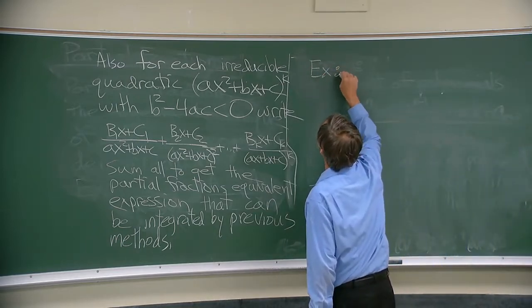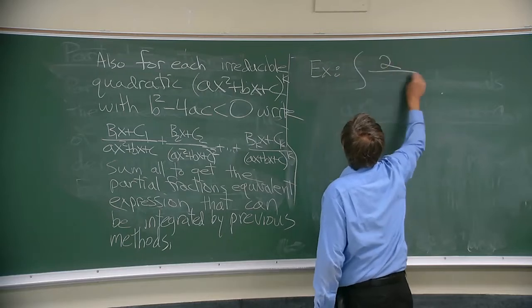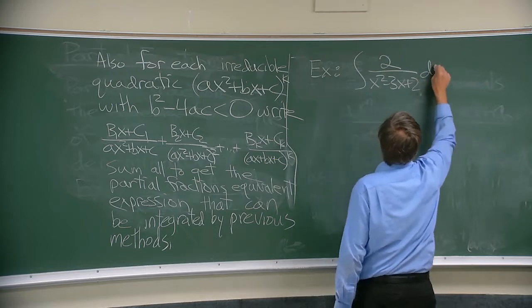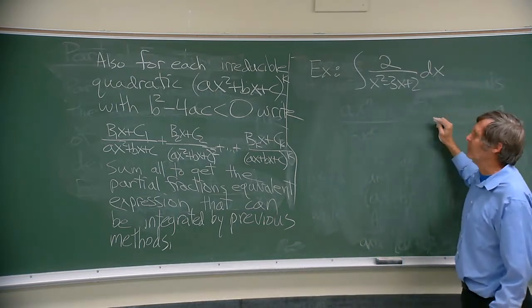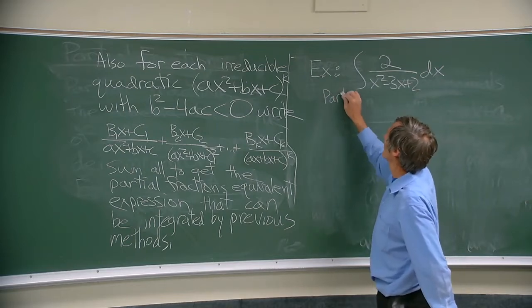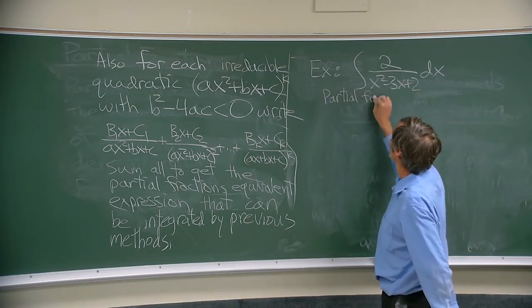So here's the first example, the one we put up there. Suppose I wanted to integrate 2 over x squared minus 3x plus 2. Alas, I don't know how to do that yet, right? But partial fractions to the rescue, right? Partial fractions says,